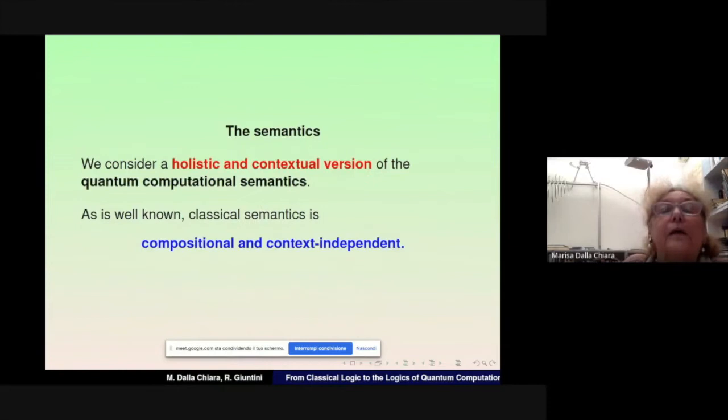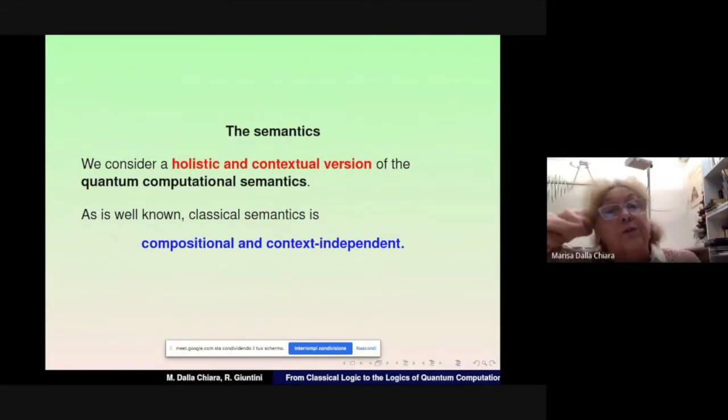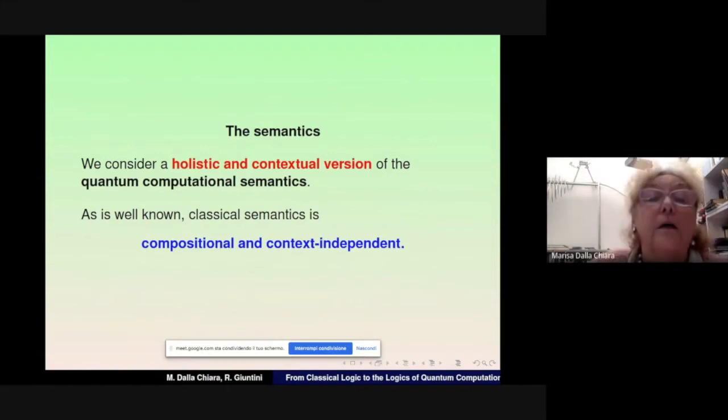Well, and now we can turn to semantic notions. We consider a holistic and contextual version of the quantum computational semantics. You have heard in the previous lecture why holism is so important in the quantum theoretic formalism, and also contextuality is very important. As is well known, this is not the case in classical semantics, because classical semantics is essentially